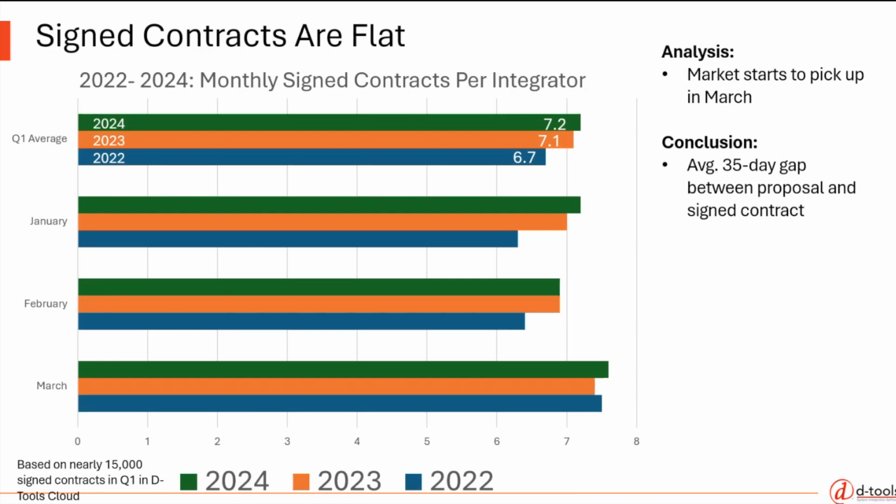Okay, this is the same data that was in the last chart. I just wanted to show it as a bar graph, and the reason was I wanted to visually let you see how much stronger March is generally, every year, even for the last 3 years. So as we come out of winter and get into spring, you can get a glimpse visually of the increase in the number of signed contracts.